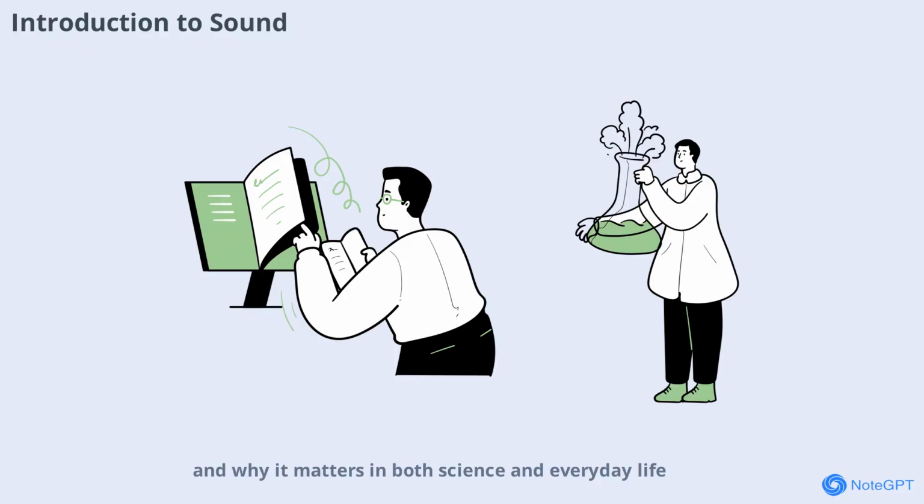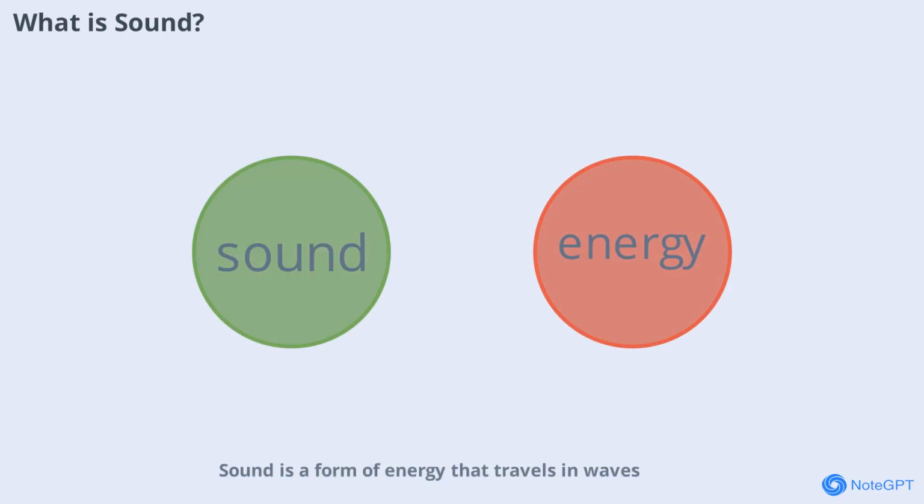and everyday life. Sound is a form of energy that travels in waves. It is produced when an object vibrates, causing the surrounding medium, usually air, to vibrate as well. These vibrations travel as waves and reach our ears, allowing us to hear. Whether it's the strum of a guitar or the ring of a bell, all sounds start with vibrations. In this section, we'll break down the basic definition of sound and set the stage for deeper exploration into its